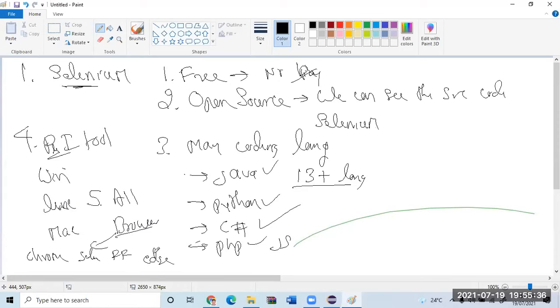Recently one browser has died. Which is that? IE. It's almost on the deathbed because Microsoft officially said they are not going to support it anymore. Okay, Opera. Have you heard about Opera? Yes, sir. Like this, many browsers are there. I'm not saying every browser, but all the popular browsers are supported by Selenium.